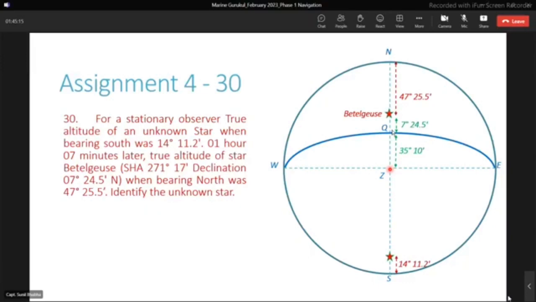Did you get that, beta? No, sir. Okay, listen once again. Betelgeuse is 7 degrees north of the equinoctial. Correct? Yes, sir. So the equinoctial has to be 7 degrees south of Betelgeuse. Got it now, beta? Yes, sir. And you can see here in the diagram also, Betelgeuse is at 7 degrees north declination